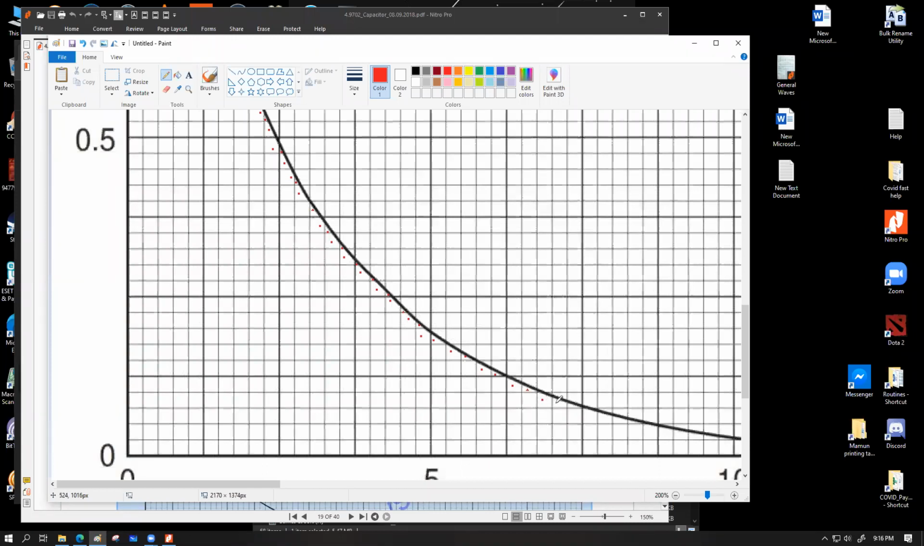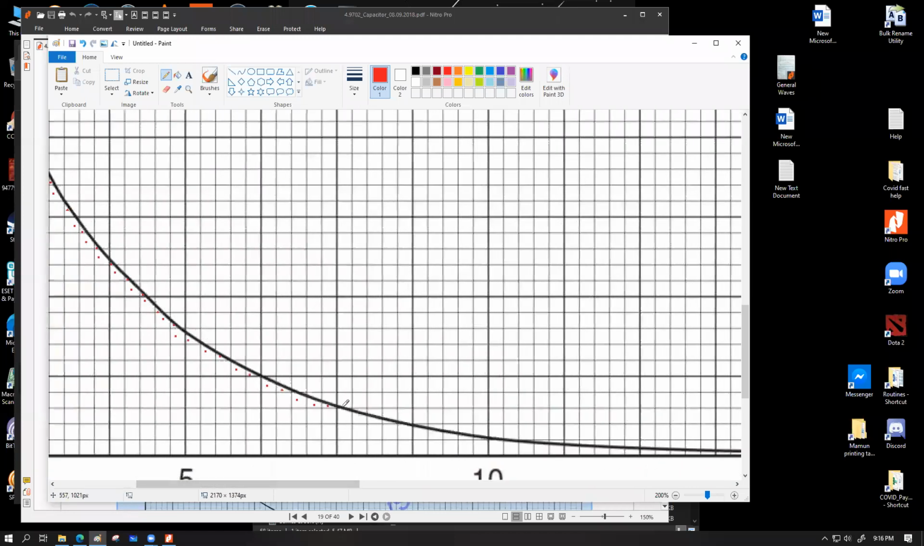64, 65, 66, 67, 68, 69, 70, 71, 72, 73, 74, 75, 76, 77, 78, 79, 80, 81, 82, 83, 84,